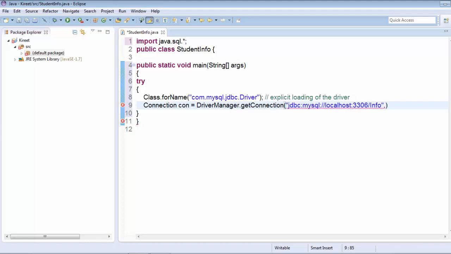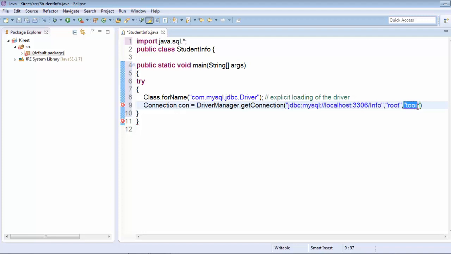The next parameter is the username. The username is by default root, and you have to also pass the password here. I have created a password, so I will be passing this password. This password is different for you, since you might have set a different password, so kindly don't write this password when you are creating this Java application.